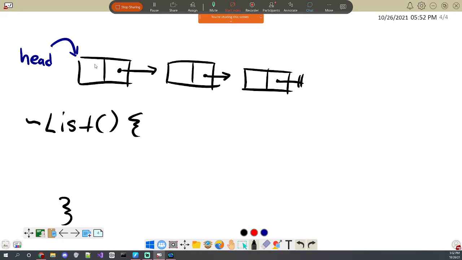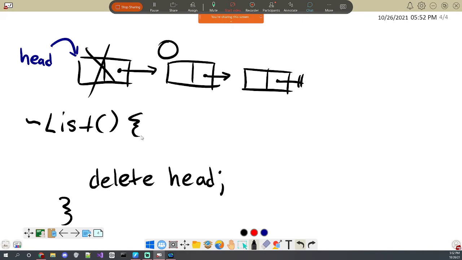So consider if I keep a head and then just deallocate the thing at it, where I just say delete head. Then that's a little difficult because now I've lost a pointer to the rest of this linked list.